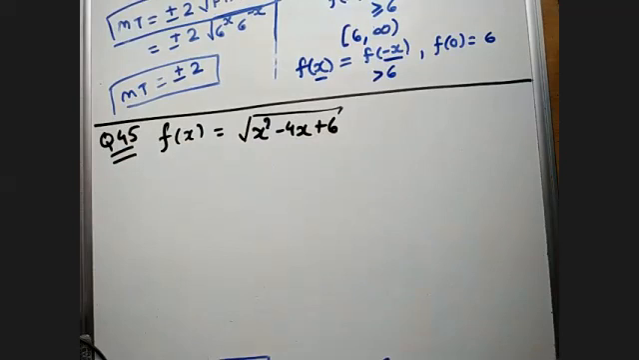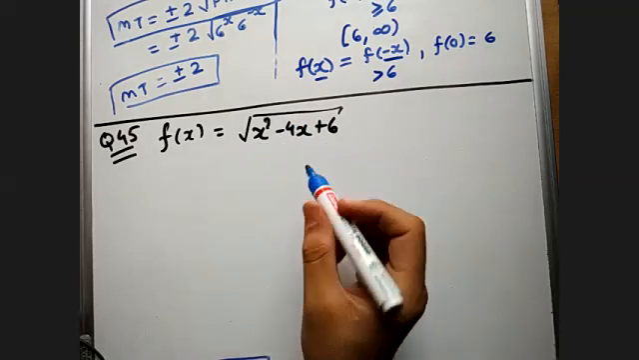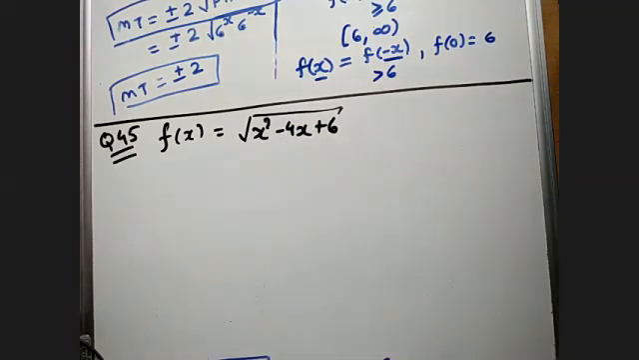Yes, Abhiram. F of minus x is equal to f of x. That means it is an even function. Okay. Let us see this first. So, for finding its domain, your x square minus 4x plus 6 should be greater than or equal to 0 always, isn't it? Because if it is greater than or equal to 0, then and only then you can find its square